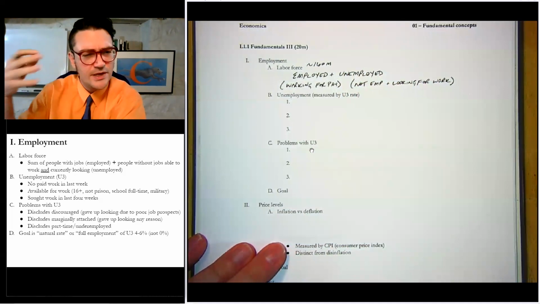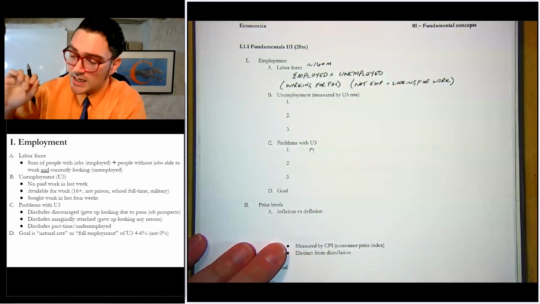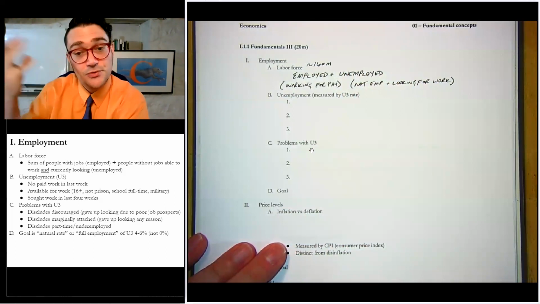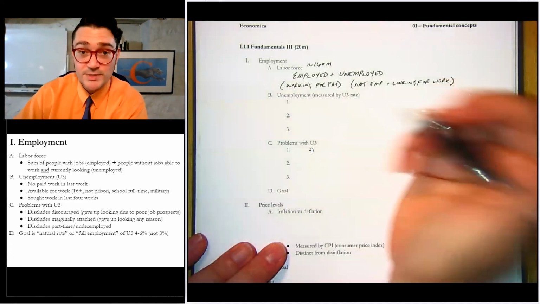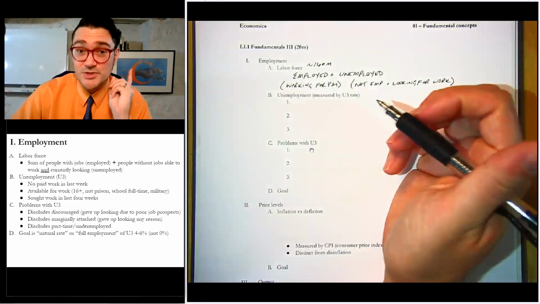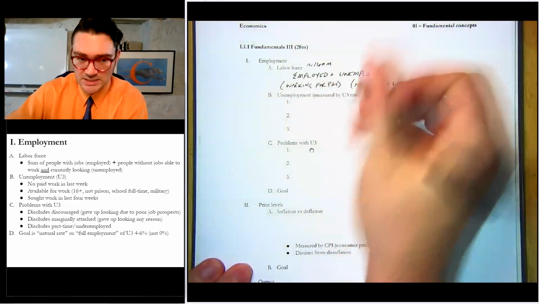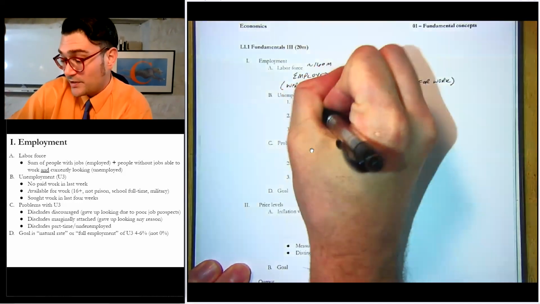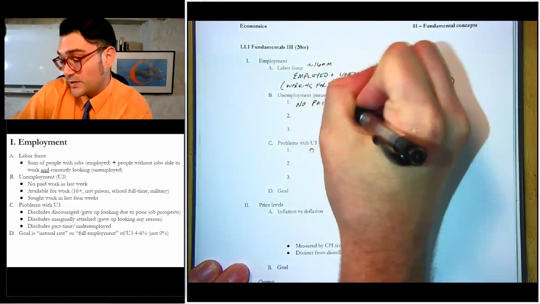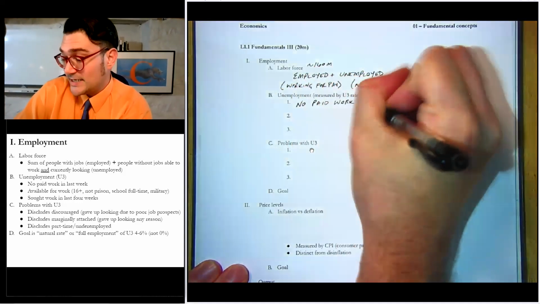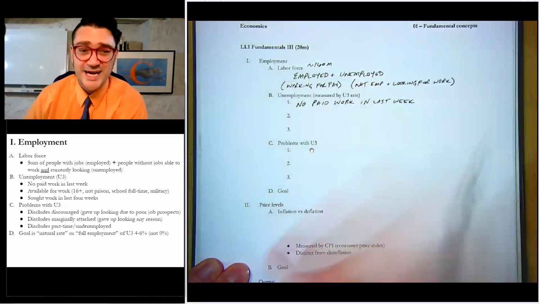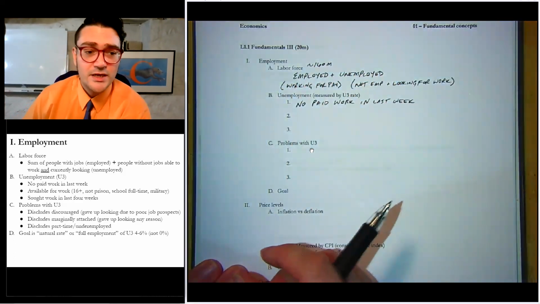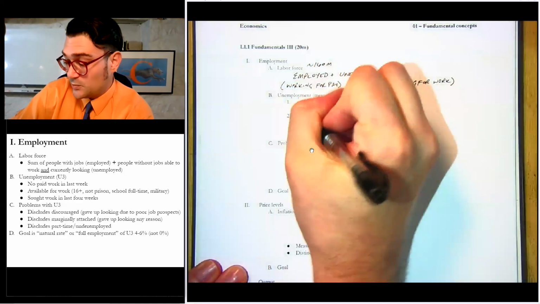They're just numbered: there's U1, U2, U3, U4, U5, U6. The one that is the headline number is U3, but there are three requirements that go into that, and you have to have all three be true to be unemployed. The first is listed there: no paid work in the last week. Even if it was for 1 hour, if you were cutting somebody's grass, you're actually not unemployed. Number two is you have to be able to work,